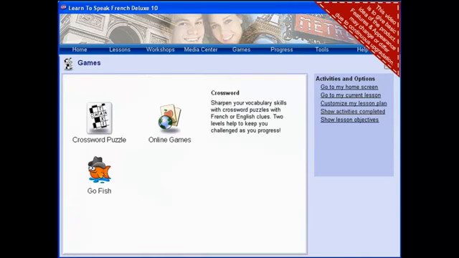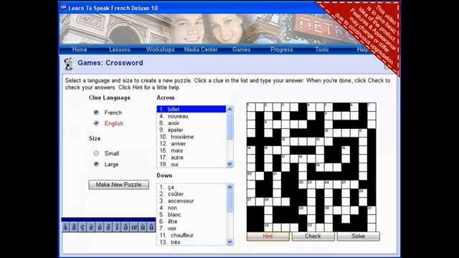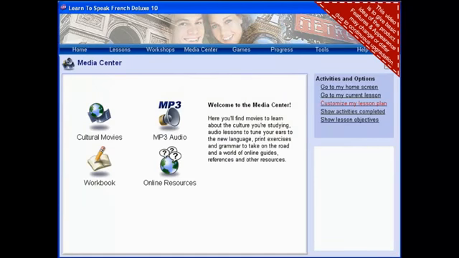www.elanguage.com. Choose between doing a crossword, playing Go Fish, or try the Learn to Speak online games. In the Media Center, you will have access to cultural movies, audio files, the Learn to Speak workbook, as well as many online resources available at